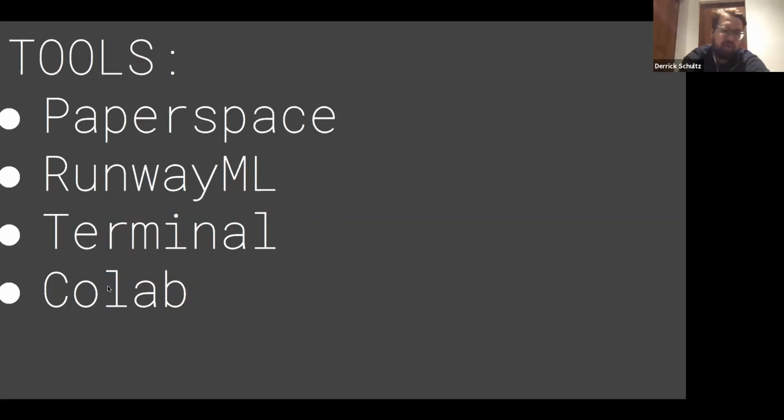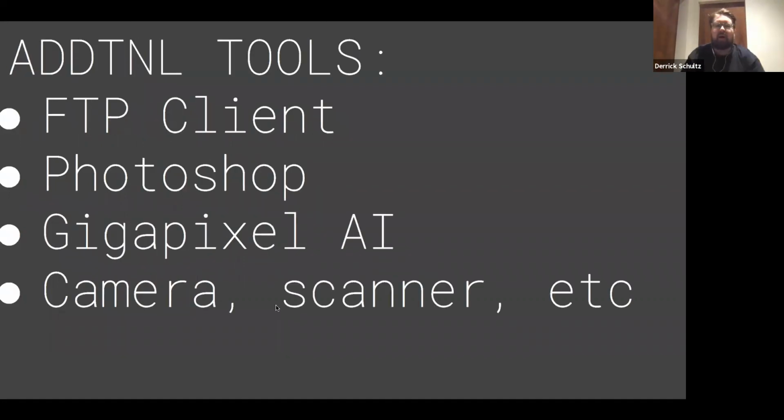Colab is a thing from Google. If you're familiar with Python, it's built on Python notebooks. It's a really nice way for me to provide some instruction and step-by-step things for some of the work we're doing. I hope it's a helpful learning tool. This is the first time I'm teaching using it, so we'll see how it goes, and you should give me feedback on how you feel about it. There are additional optional tools that you can use in this class. You don't need to, but sometimes I find it's helpful.